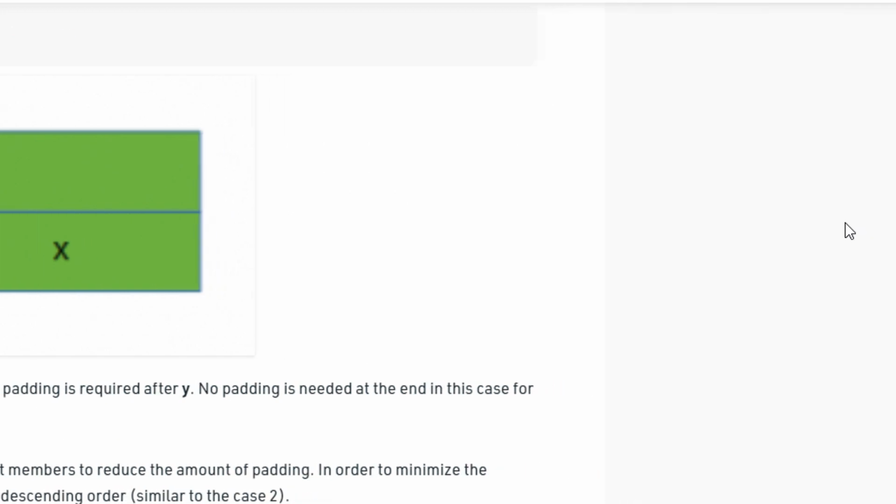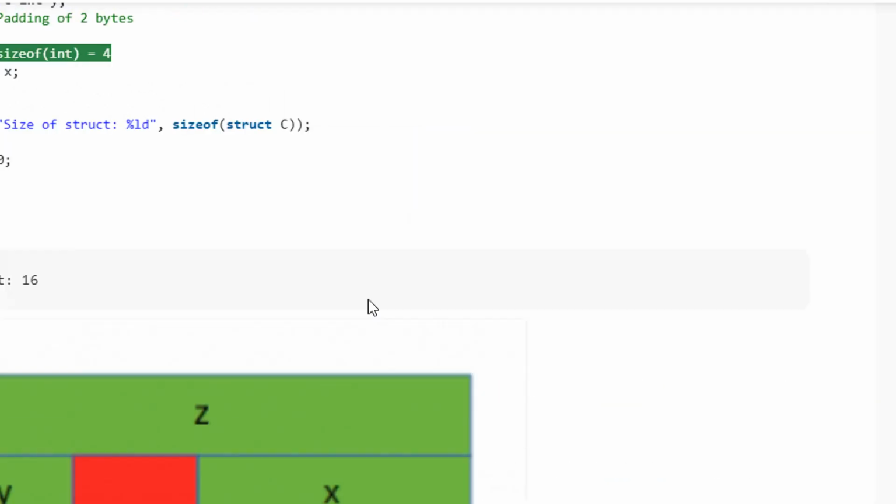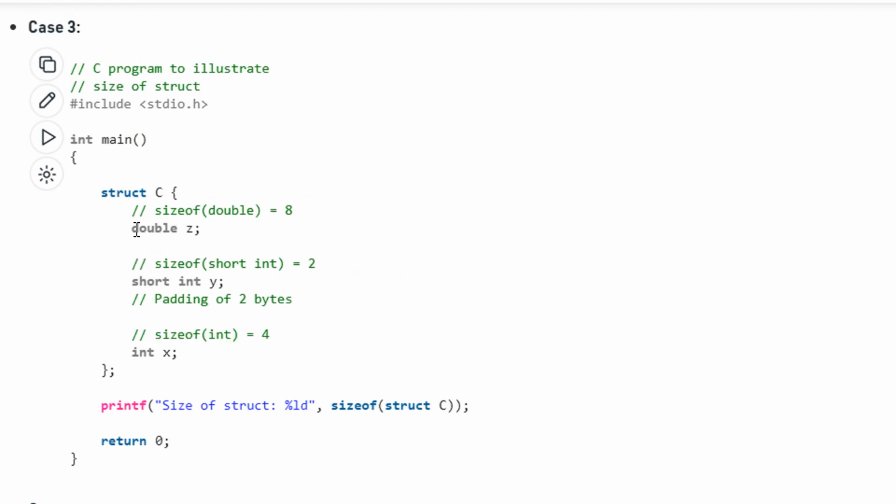Okay, why the max size 8 bytes in a line? That is just for representation purposes, because in this structure we have a double which is 8 bytes, an integer which is 4, and a short int of 2. So the max of 8, 2 and 4 is 8, right? If we had a long double which would have taken 12 bytes, then in that particular case one line would have had a space of 12.